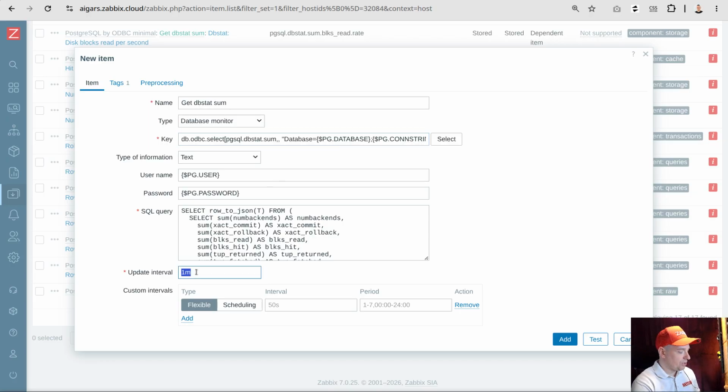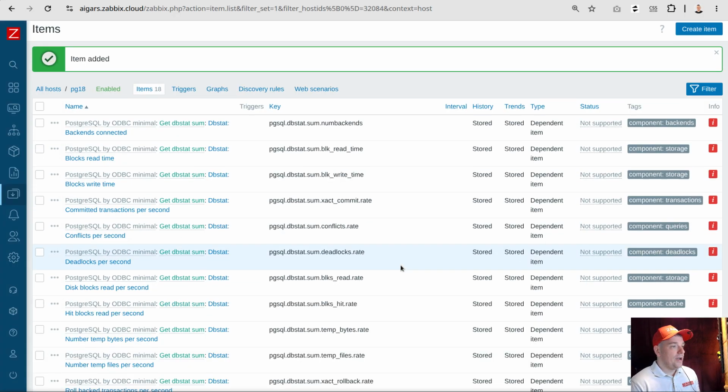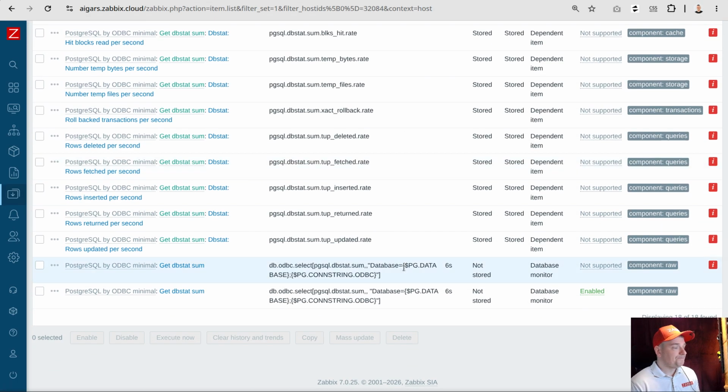And let's put also 6 seconds over here. And so this is the same item, same name. Zabbix will actually allow you to save with the same name. Only the item key must be unique. Okay, add. So now I have 2 items, and what I can do with the original one,